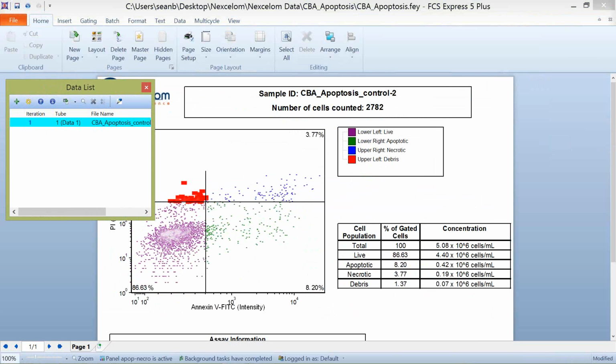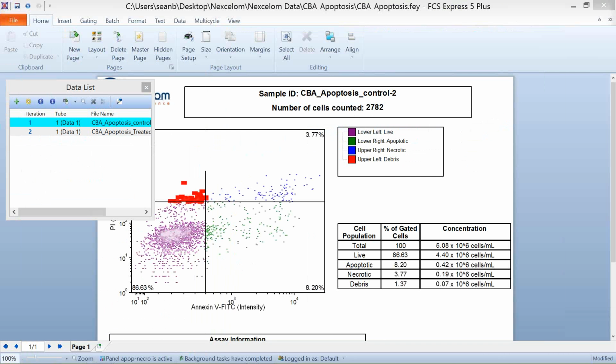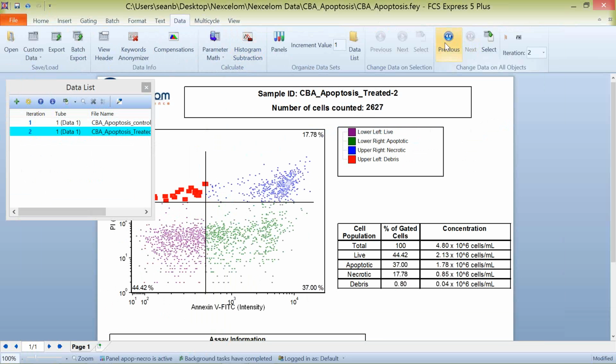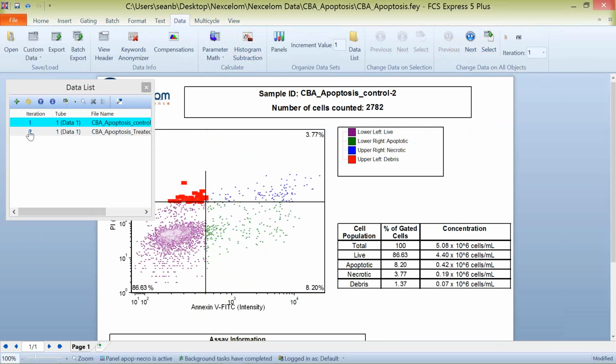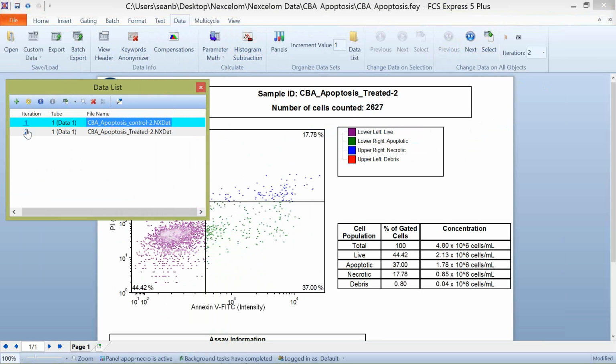One thing I just wanted to show everybody is that instead of just working with layouts side by side, even with a launch file or a layout that's open with a launch file, any number of files can be added to this data list. So if I choose my second data file and drag it into the data list, you notice that it appears and that the layout hasn't yet updated. But I can now use the next and previous buttons to navigate between the two different files, or I could actually just click on the little iteration number here, which is going to allow me to jump between one data